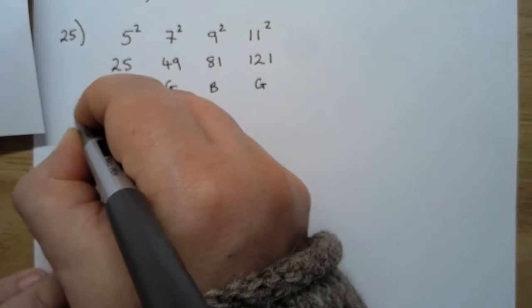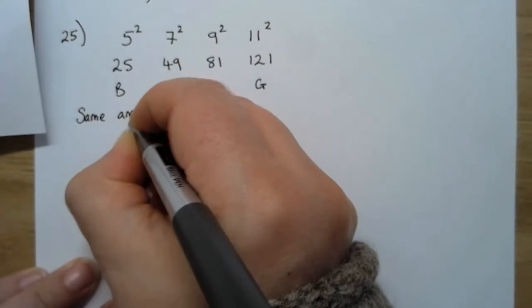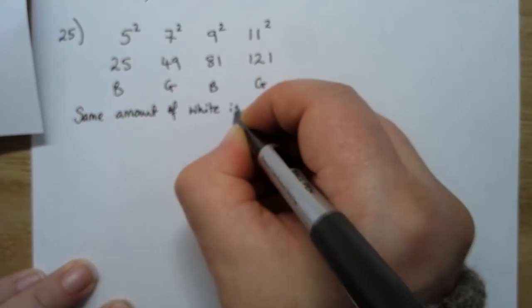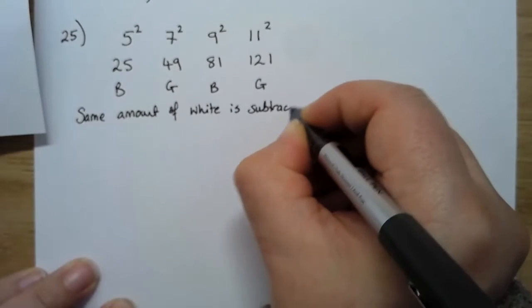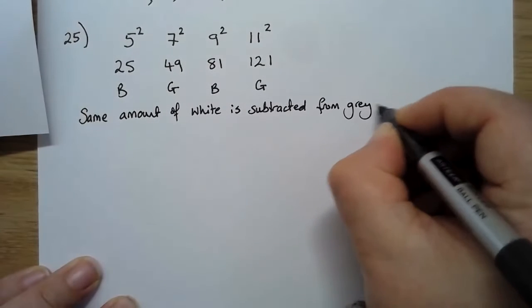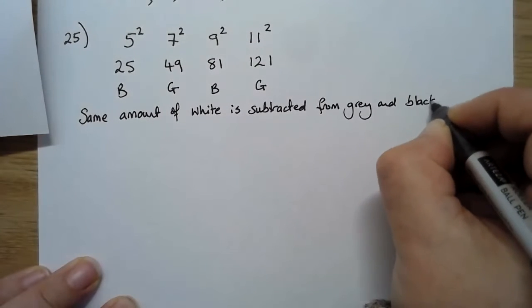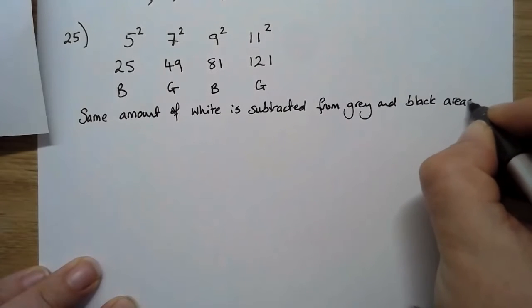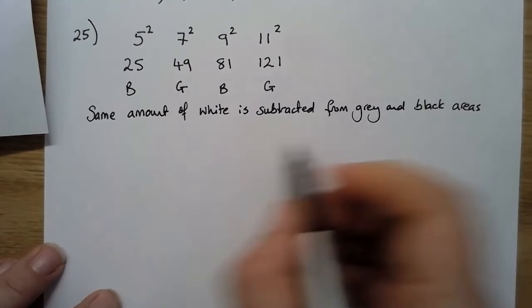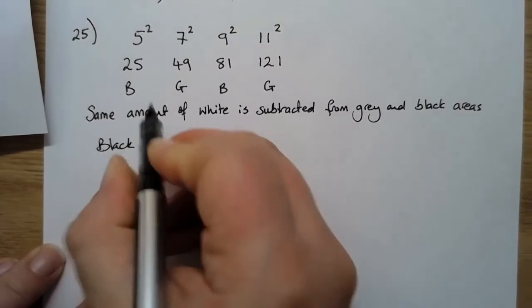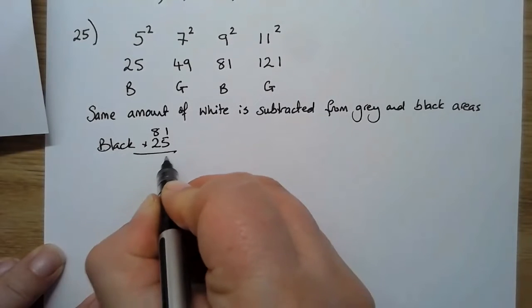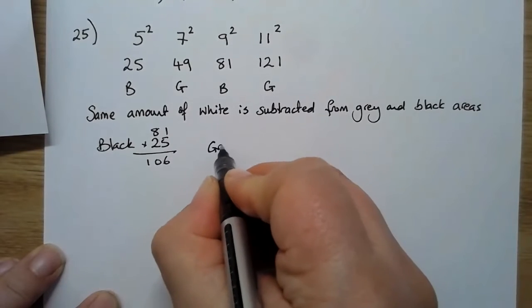So I'm just going to write that. So the same amount of white is subtracted from the grey and the black areas. So the black is 25 plus 81. And the grey area